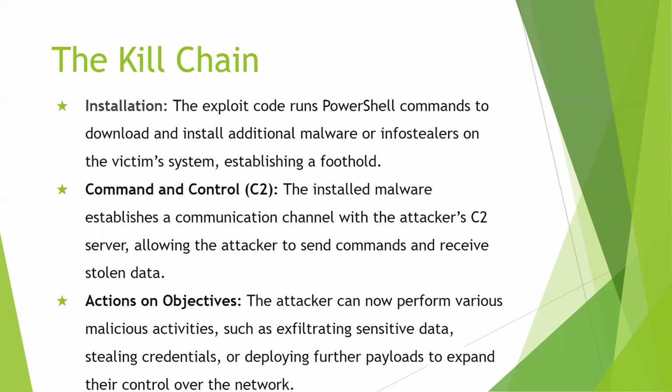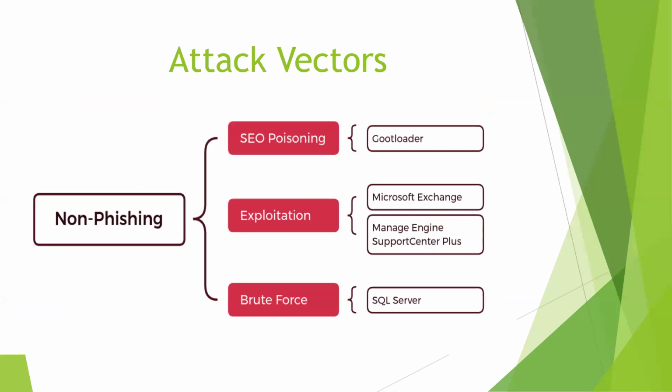The attacker can then perform various malicious activities like exfiltrating sensitive data, stealing credentials, and maybe even deploying further payloads to expand their foothold on the network. Yeah. So for the non-phishing attack vectors, we have search engine optimization poisoning, where an attacker is going to